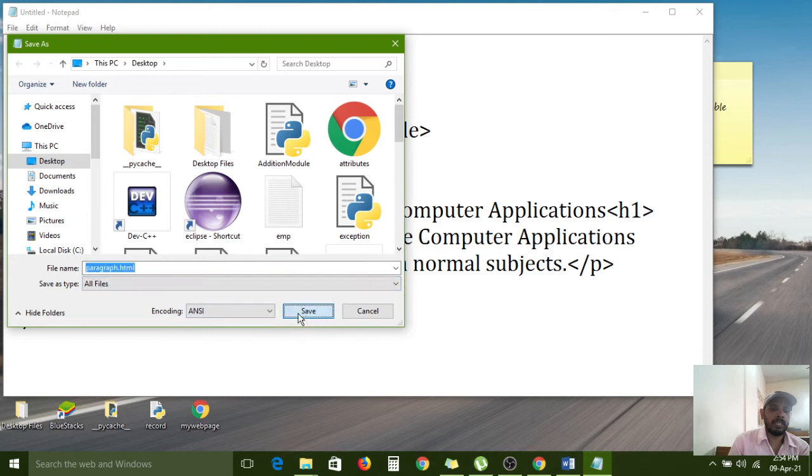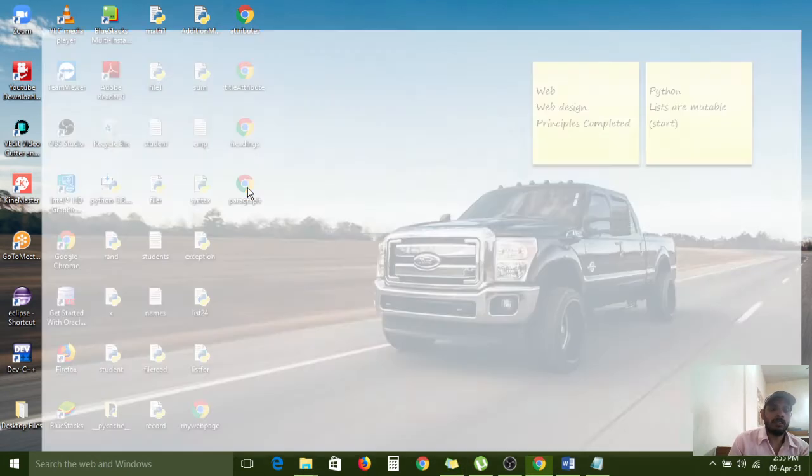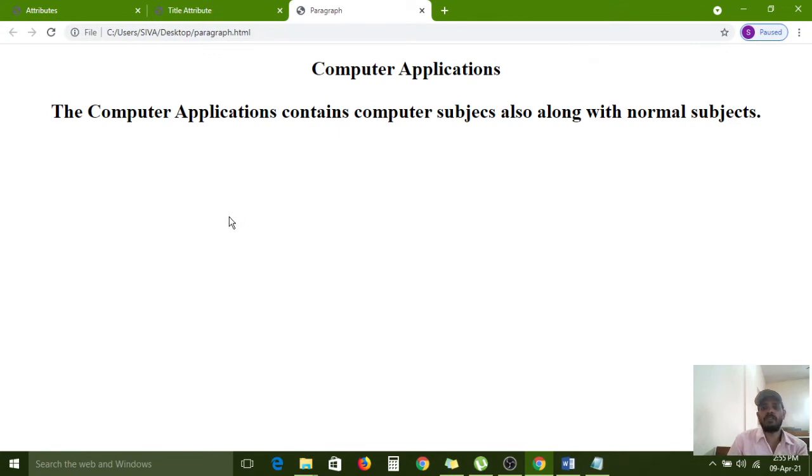Now I am clicking on the save button. I am minimizing this window. Again this icon, I am double clicking on that to execute the file. All of you carefully observe. This is paragraph, this is heading. Sorry,